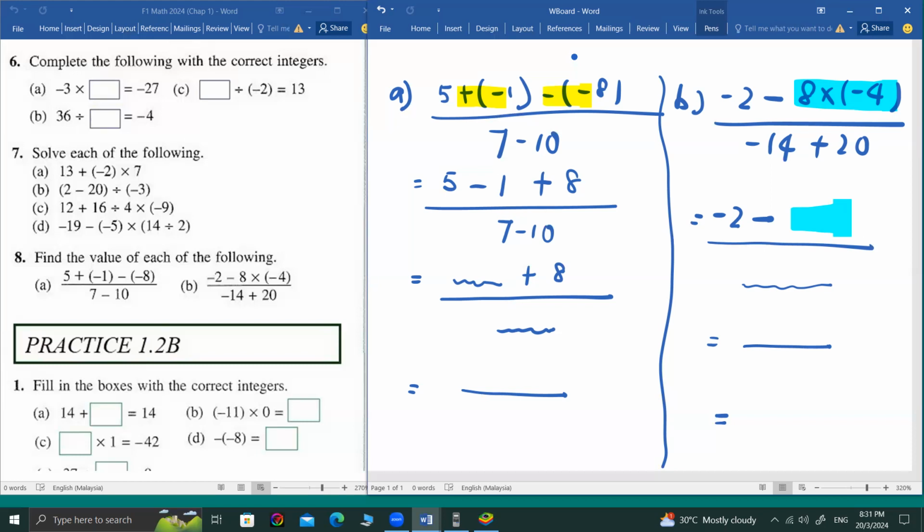Done, is it? No. Got problem, is it? No, okay. Christian, you just follow lah. 5 minus 1 is what? 7 minus 10 is what? 7 minus 10 is positive 7 minus 10. So remember last week I taught you? When two signs are different, you find the difference one, okay? Yeah? I put this empty space means for you to solve,